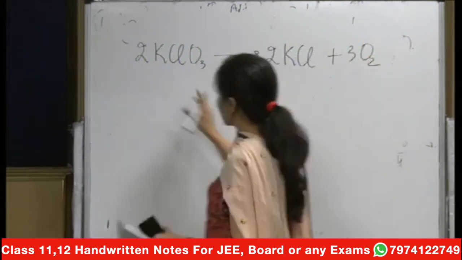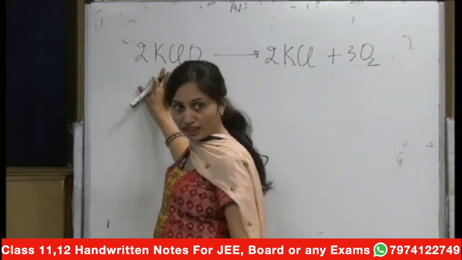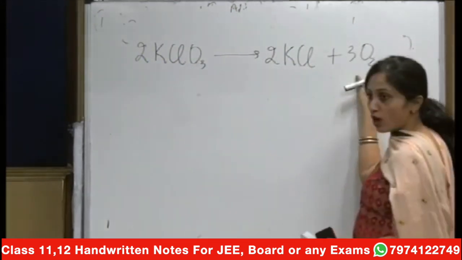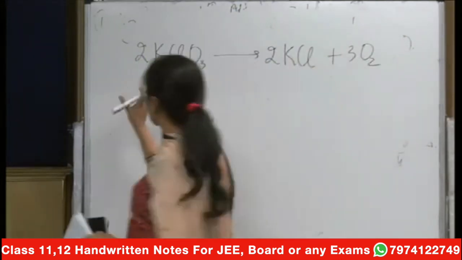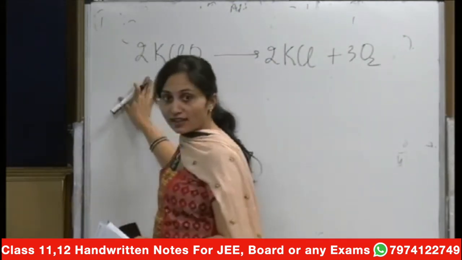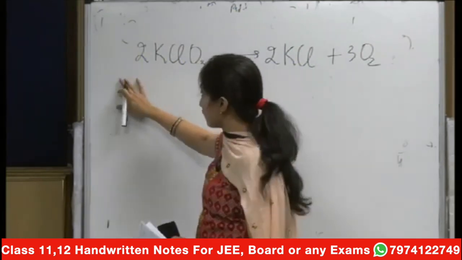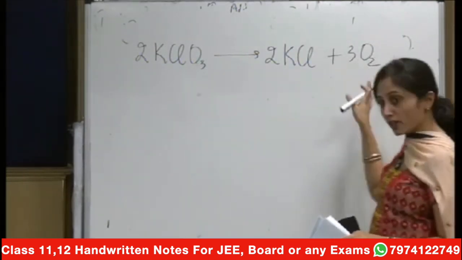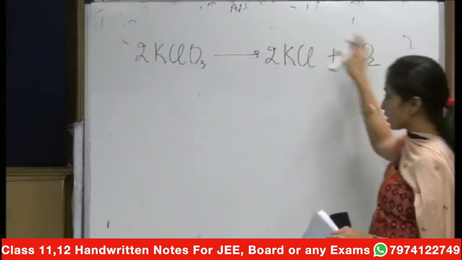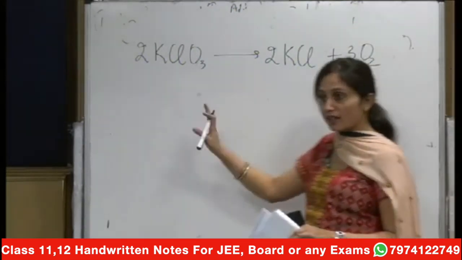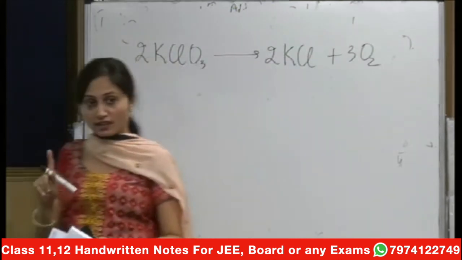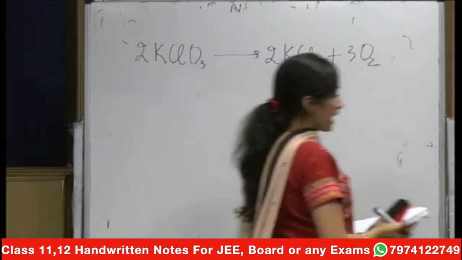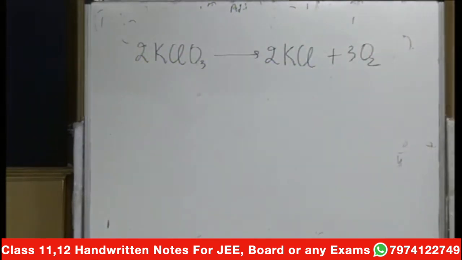So that means 2 moles of KClO3 is giving you 2 moles of KCl plus 3 moles of oxygen. And if I am talking about a particular normality, then in all these cases N1V1 will be equal to N2V2, and N1V1 is also equal to N3V3. So normalities can still be equated but not the molarities. Okay, one last point, remember that you have to revise the stoichiometries.